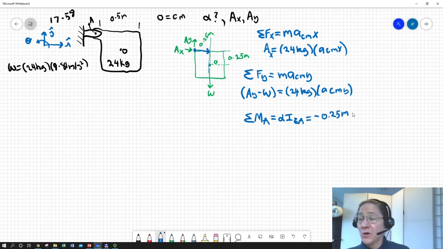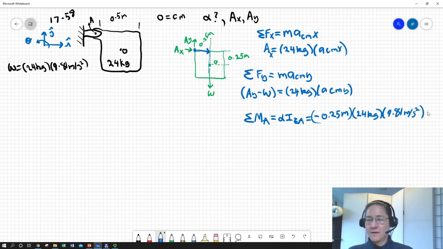So that's R cross F, and in this case F is 24 kilograms times gravity. And so this is negative k hat. Planar motion, all of our moments and our rotational accelerations and velocities are in the k hat direction. So negative k hat just means it's going to promote